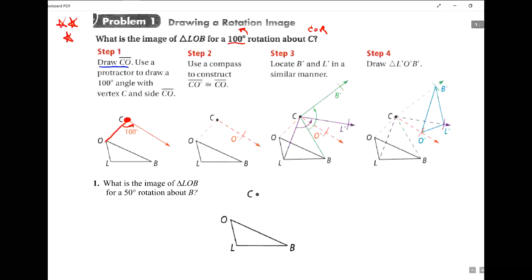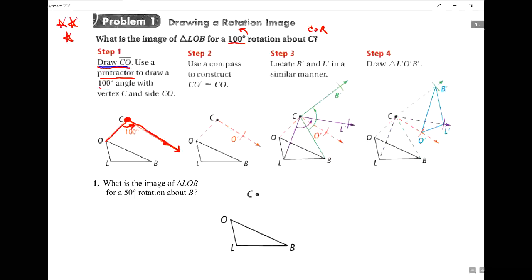Okay, so we draw CO, and we use our protractor to measure 100 degrees counterclockwise. And then we'll measure, and you put a little dot out here, and then you draw this line. Okay? And then step 2,